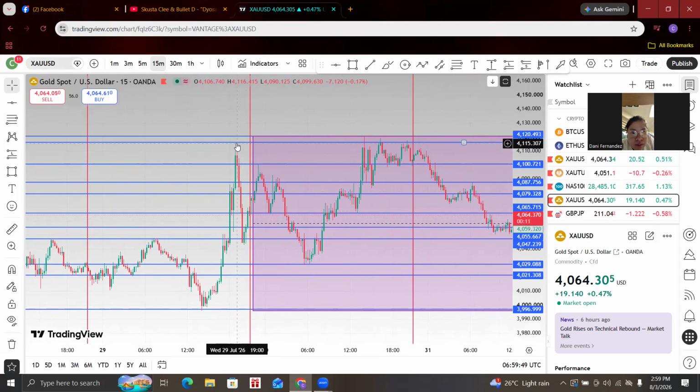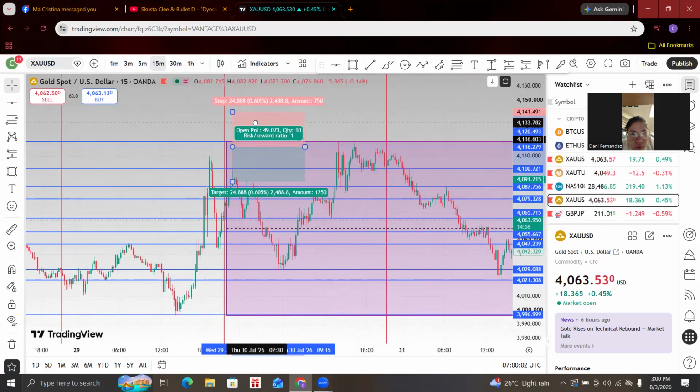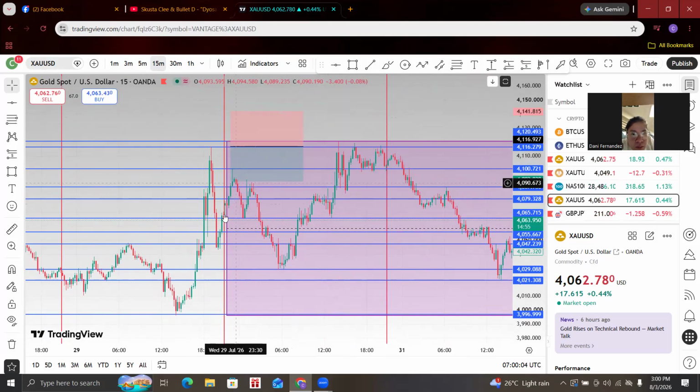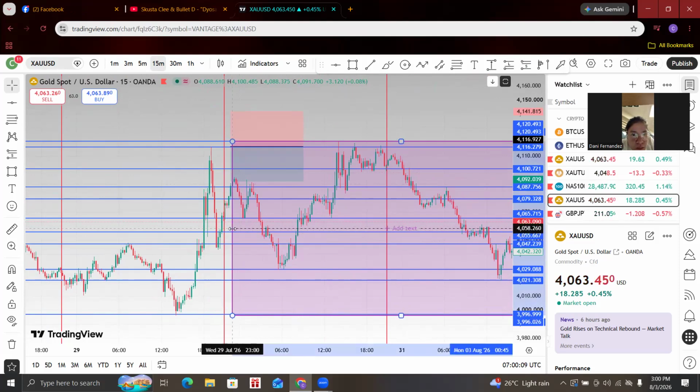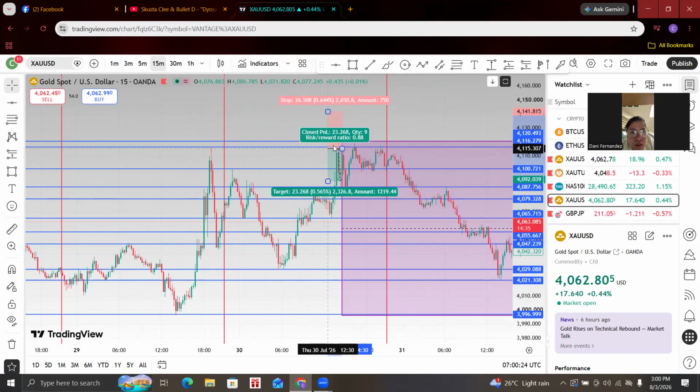So let's say this one is not here yet. You set a sell limit at the top. Let's say you put it here first, because we don't have this market yet. And then the market keeps going and going and going. It's going to hit your sell limit at this price. So let's say you started right here.